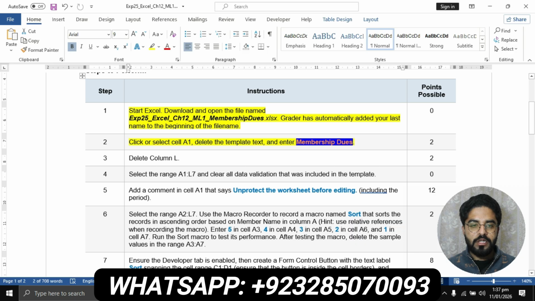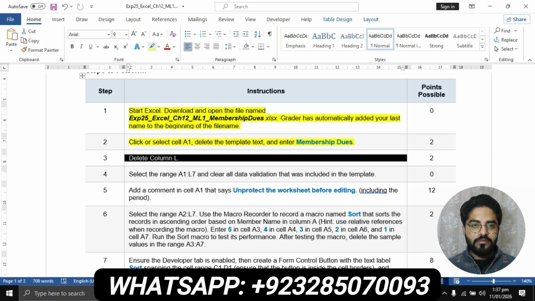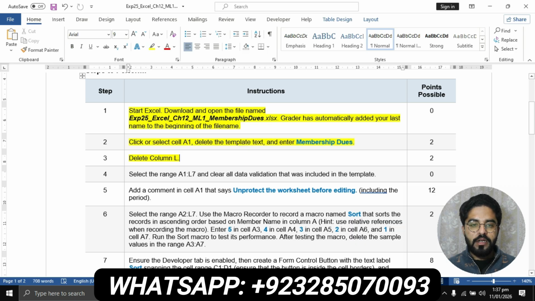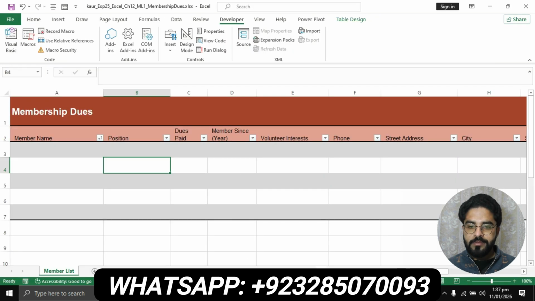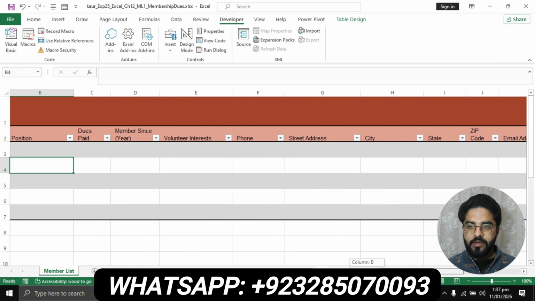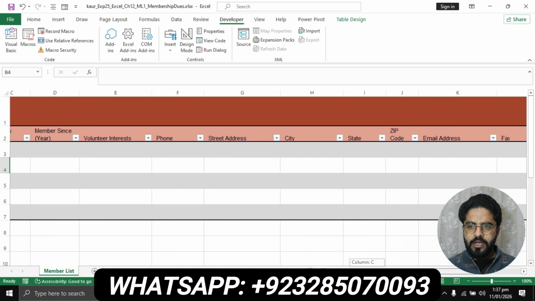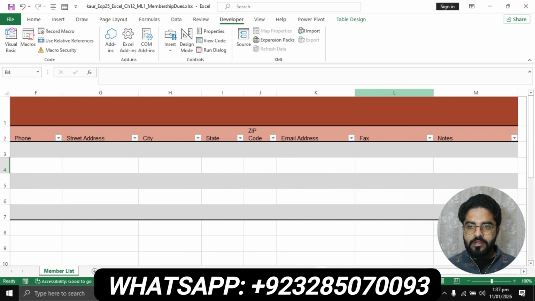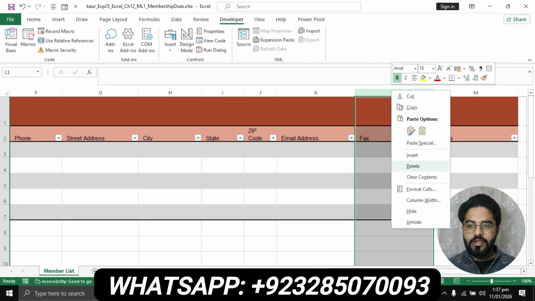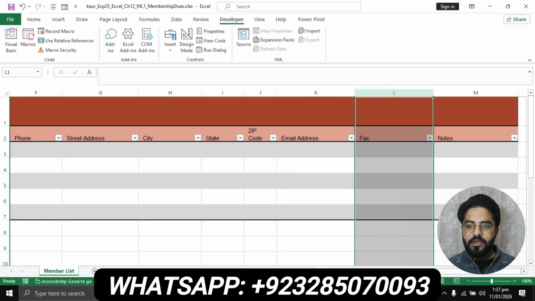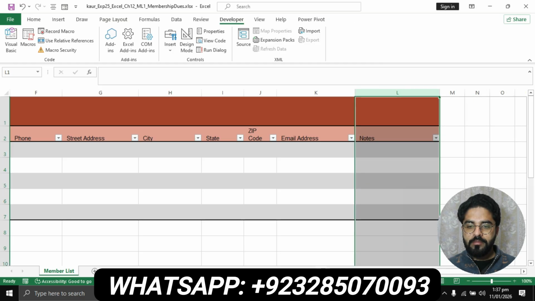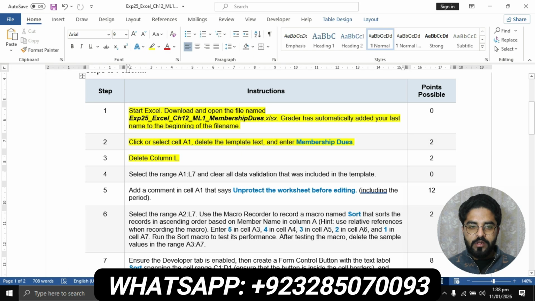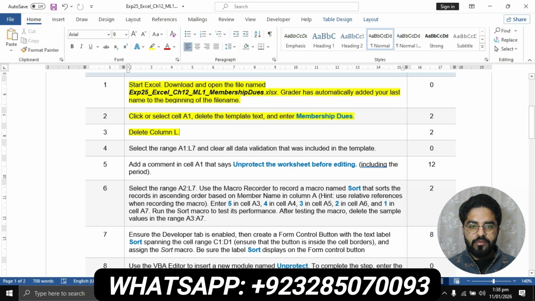Question number 3 is: delete column L. Then go to the workbook and delete column L. Select this column, then right-click on it and press the delete button to delete this column. Question number 3 is completed, and question number 4 is: